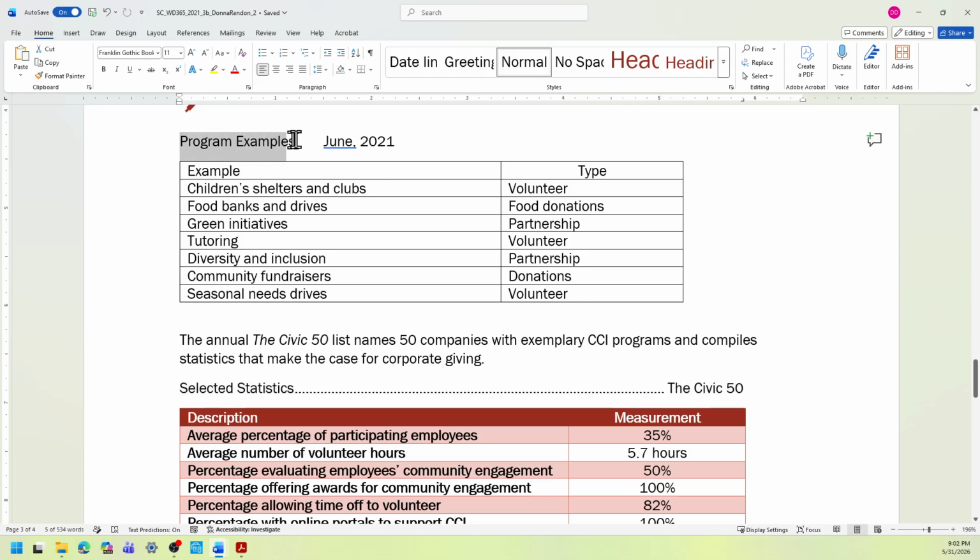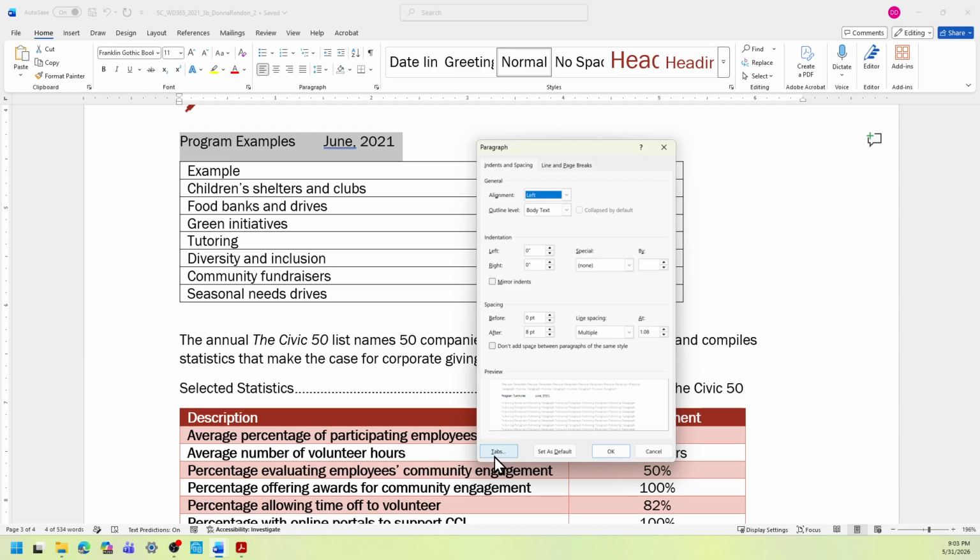So by selecting the text in that paragraph, and then for this time, we're going to select, so here, you're going to open the paragraph setting and select the tabs.